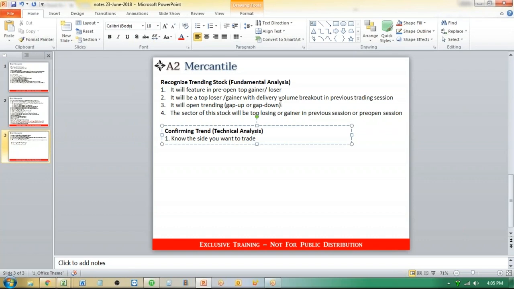Now how do we confirm that? If you want to sell it, is it going to go down, or is it not going to go down, or if the stock that you want to buy, is it going to go up or is it not going to go up? Okay, now there are two methods of doing it, okay, which has been taught. One is